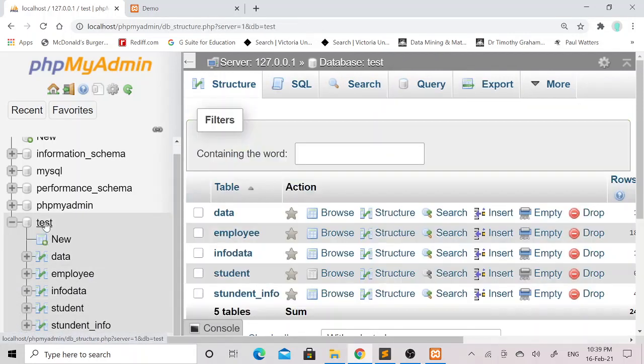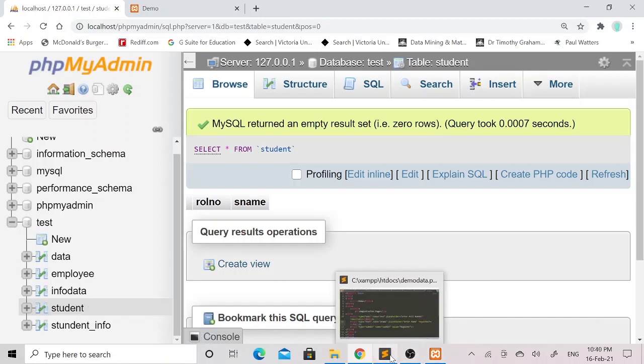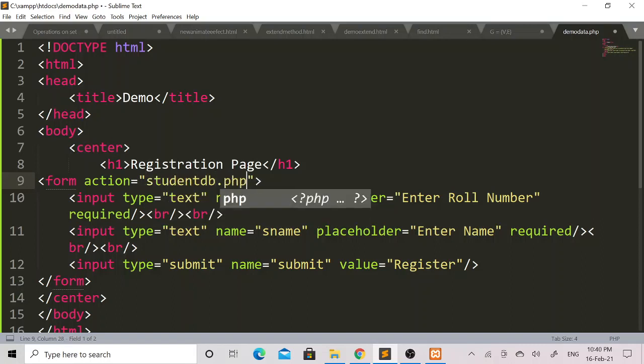This is my test database and this is my student table. So first, in this form tag, I will add the action attribute, and I will mention studentdb.php.